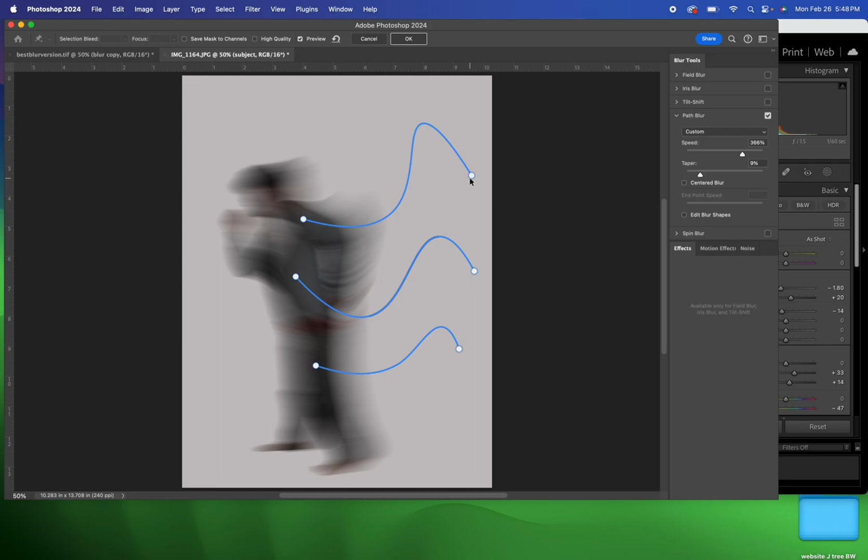Edit Blur Shape. So if I go here, I turn on Edit Blur Shape. Now I get these red arrows. And these arrows, see that? It's like he turned into smoke. They just manipulate the path of the blur. So you play with those as much as you want until you think they look good, is the truth. And I can also go back and make changes in here too and be like, oh gosh, I don't really like that. So you're going to go to each of your lines